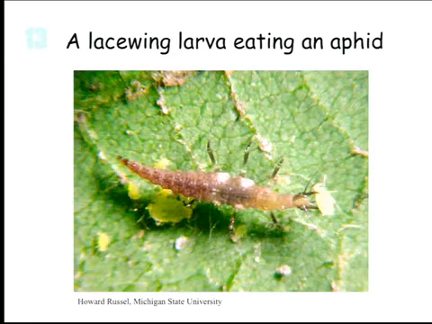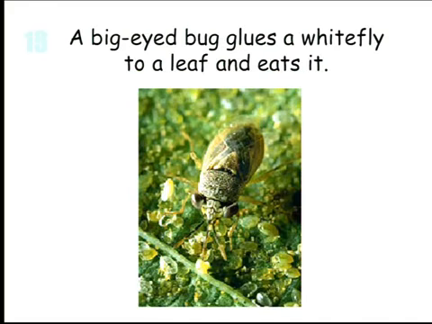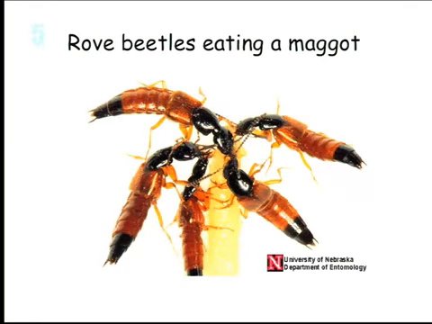This is the lacewing, the larvae, that is also a general predator that is very common in the garden too. Next. Here's the geocaris, the big-eyed bug that I show you that you could confuse with a chinch bug. Very important predator.